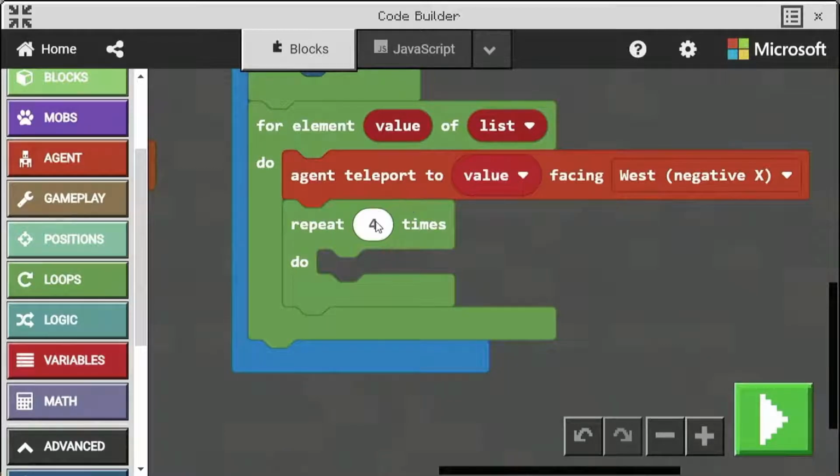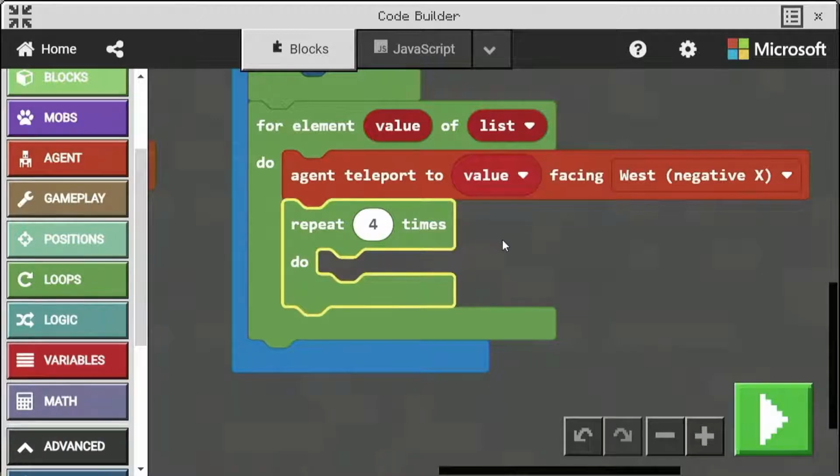Now, there are 4 directions: north, east, south and west. Everyone always says it's naughty elephants squirt water. As a kid, I really didn't like that for some reason. I ended up saying naughty emu spit wafers. But